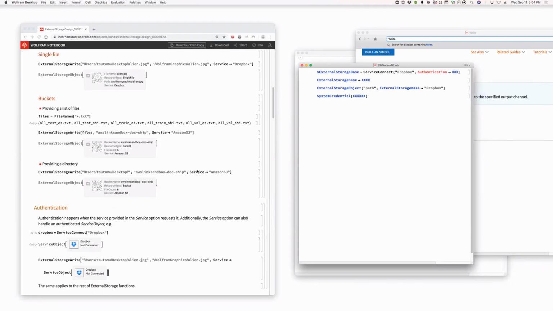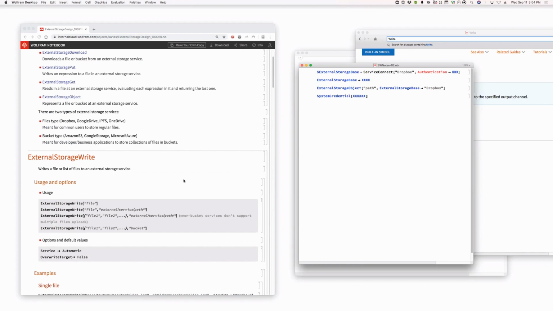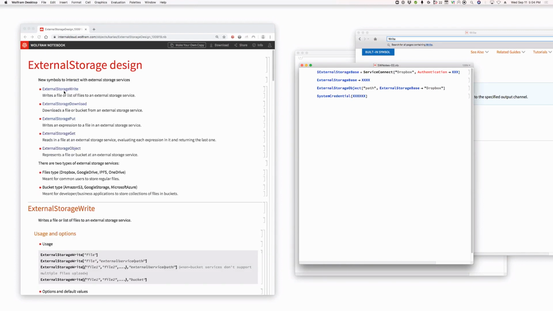Okay, let's go back up here. All right, so I don't completely understand the difference, why is that not upload? You can blame me for that, and I've already backed off. It's definitely not parallel to the write functions. I was the one who didn't like external storage upload, and it has to be changed. But what is the analogous thing for